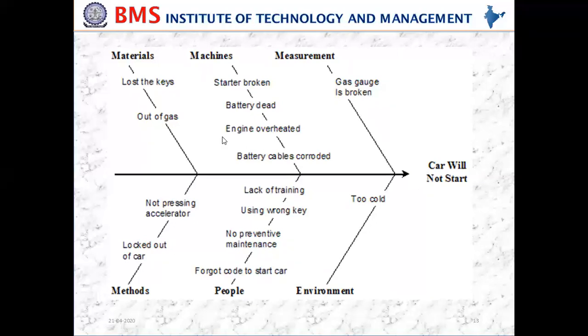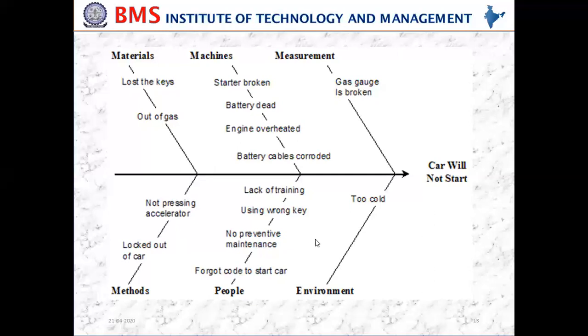This is the effect, and the items on the left side are called causes. So you need to draw a center line, and these are called effect boxes. It has to be represented in a box. Like materials is to be in a box. Likewise, even the subcategories are also to be mentioned in boxes. This is the effect which I have taken, and what are the materials, machines, measurement, environment, people and methods.